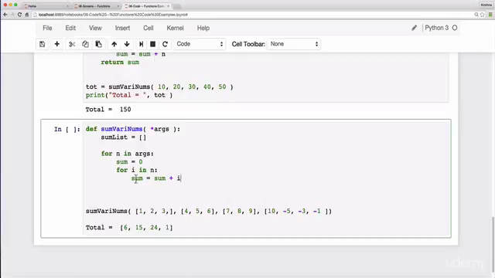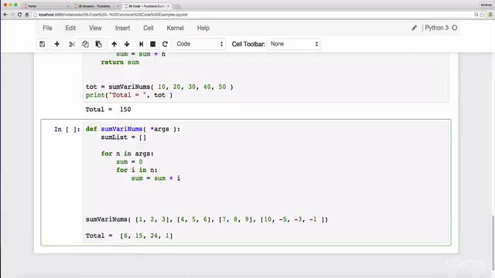Okay, I got the sum of each. If I'm iterating on this, I got this one first, the sum will have 3 plus 2 plus 1, 6. And what I will do is append that one. It's not part of the for loop. I have to come out of the for loop, and then I'll do sum list dot append,